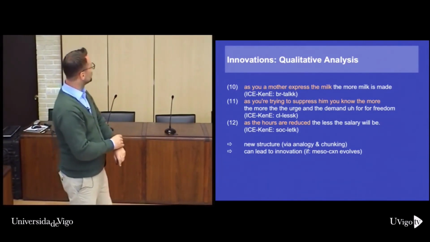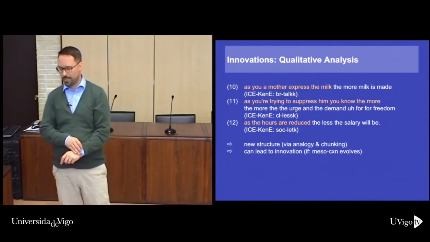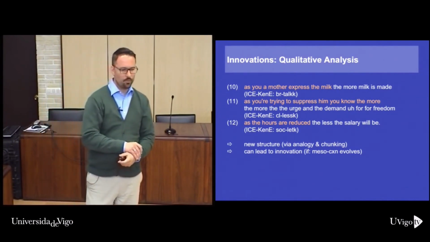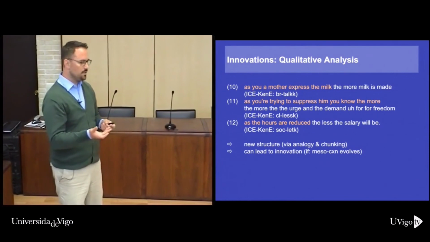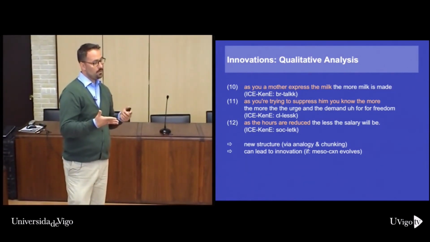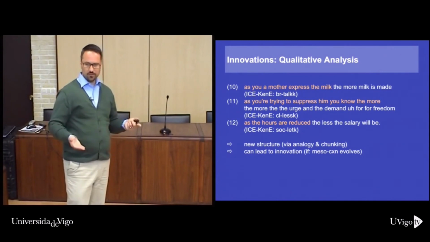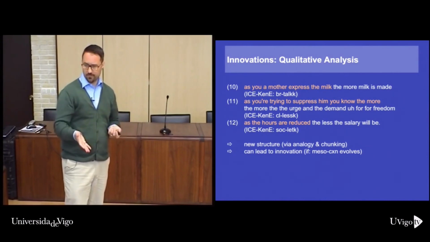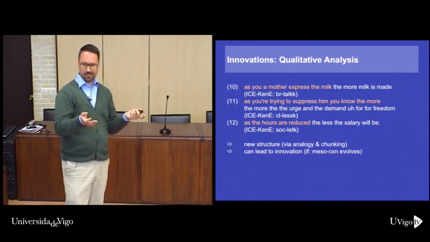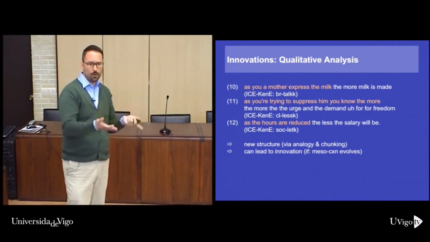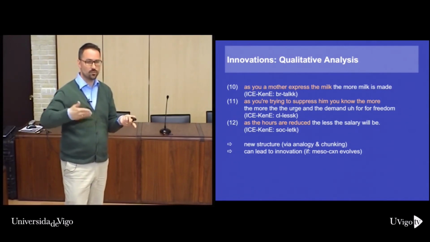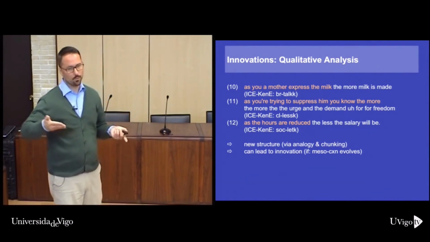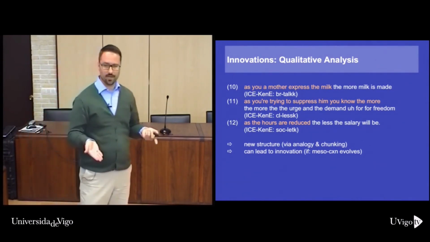Okay. And if you do a qualitative analysis, if we keep that in mind, then there are instances where we get proper innovations, because so far I was relying on frequency, and I argued that these stage 3 varieties would rely more on mesoconstructions, but those mesoconstructions wouldn't be unpassable by native speakers. They could still generate them, so the more you eat, the fatter you get could be passed by someone who relies more on macro constructions, by a British English speaker. But my line of argument was that frequency-wise, mesoconstructions should still come out as more important in the stage 3 varieties.